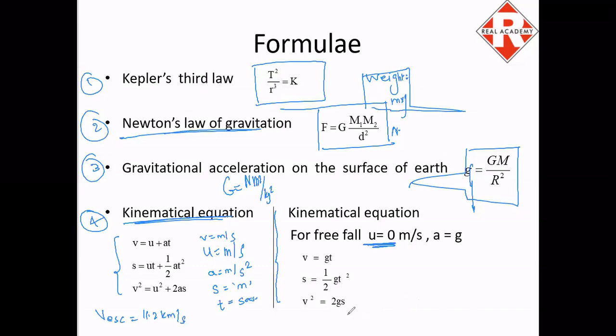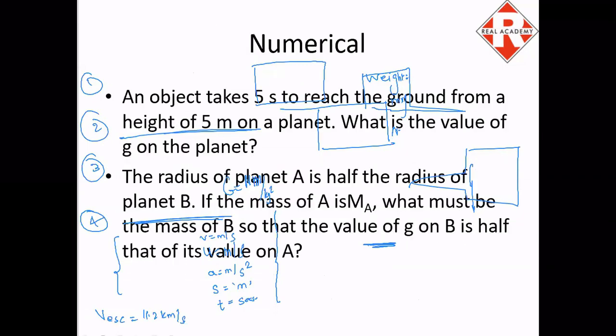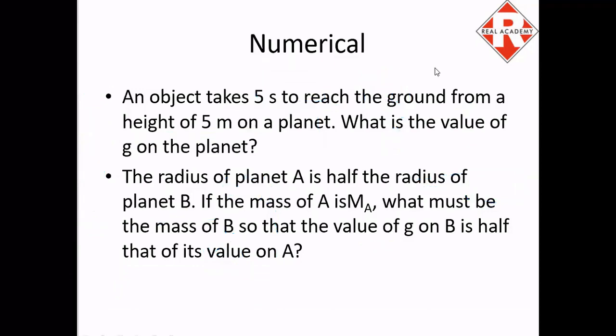Let's start with the first question. In the textbook, it is on page number 15, question number 5, first sum, that is A. So take a note of these formulas first and then we'll start with it. This is question 5A. Take a screenshot of this question, or if you have your textbook, keep it with you.